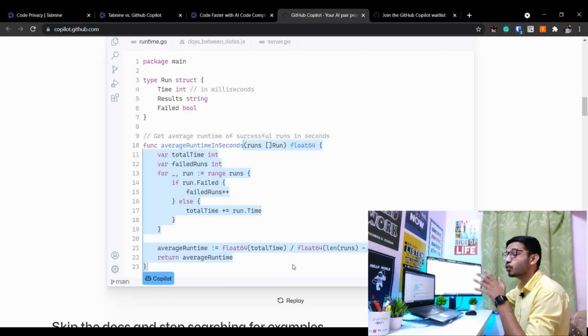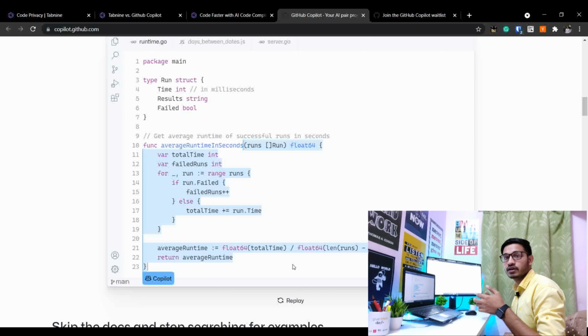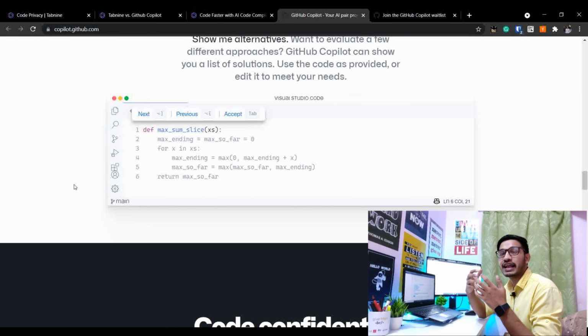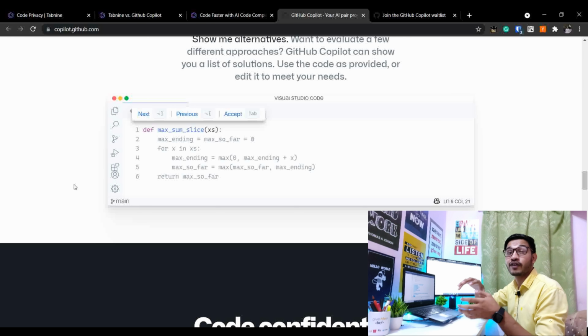Now here you don't even know what logic has been put in to get the required output. So you eventually have to go through that function again and see whether it is serving your purpose or not. And this is where you are putting in more time rather than saving time. So Tabnine is not taking over the hard work of writing the logic, but it is giving you a better experience and convenience by offering suggestions to help you write the complete logic, right?